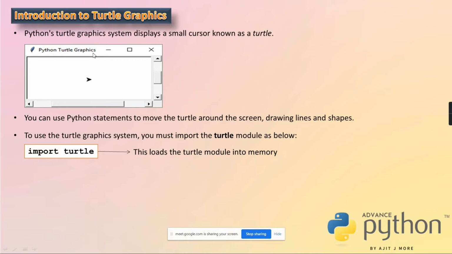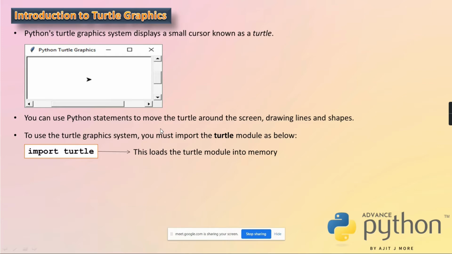Once the module is done, now we have to create the screen first. Okay, inside which the turtle will be there, and then the turtle will be given commands. Accordingly, the turtle will crawl inside that window. Okay? So now, how to create it? For that, there is one class called Screen, and that Screen class is present in this turtle library or in this turtle module. So you just create an object of class Screen.